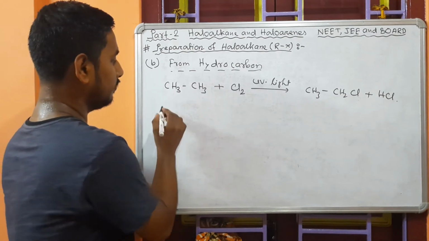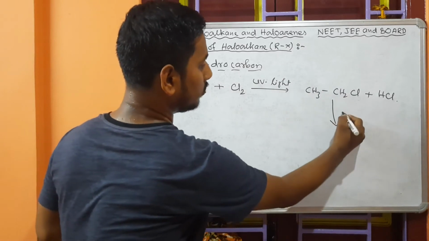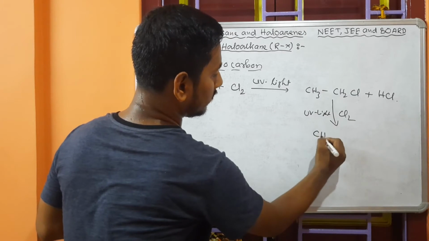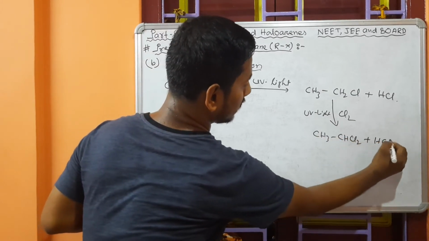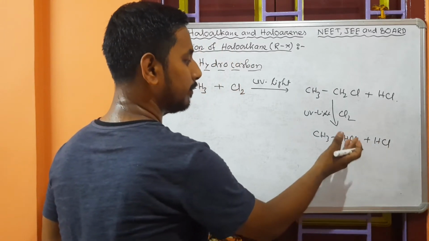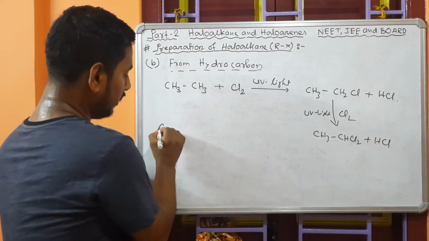Now say if you react this one again with chlorine in presence of UV light, then again you get CH3CHCl2 plus HCl. In this way you get different products by replacing one hydrogen by one chlorine atom. Now if you have this compound